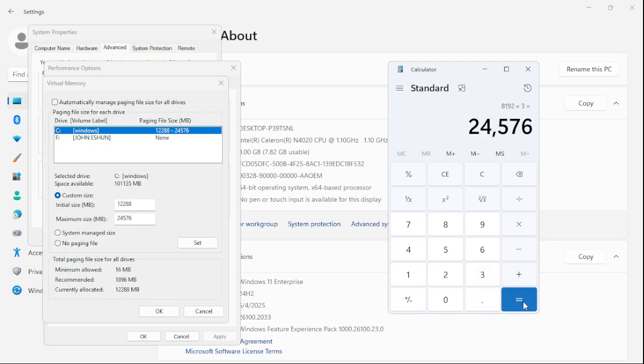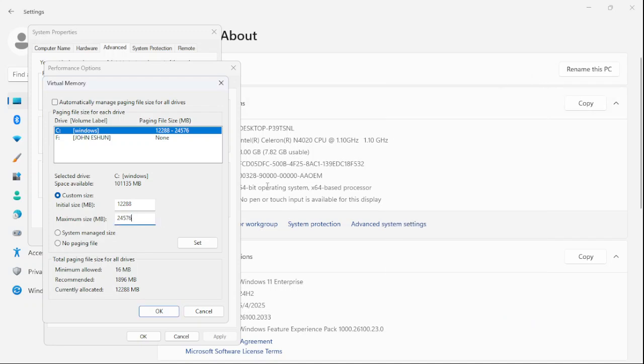Okay, that is 3. We're getting 24,576. Like I said, your value digits might be different depending on your RAM capacity size. So you input the same value right over here, and once you're done, you click on set, click on OK,